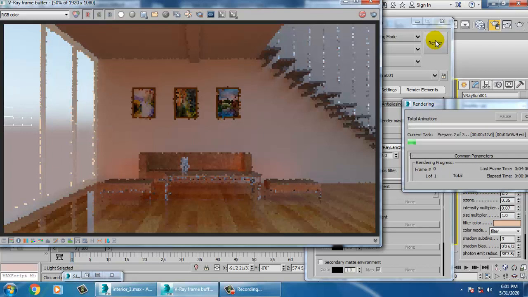Let's see how it looks after the render. If you want to place something in the background, you can easily do it.